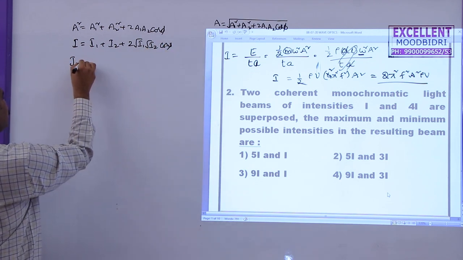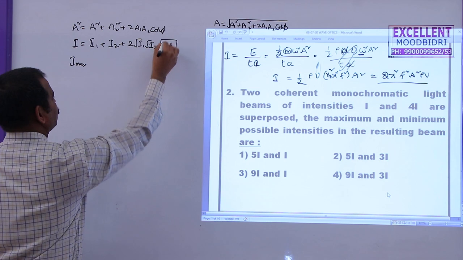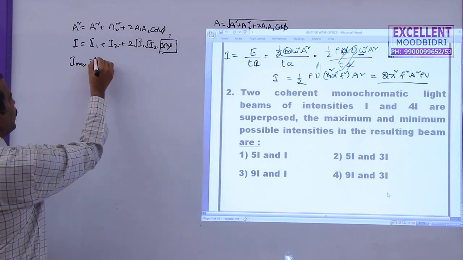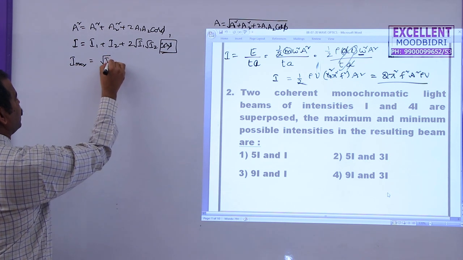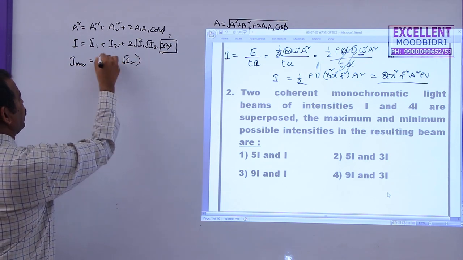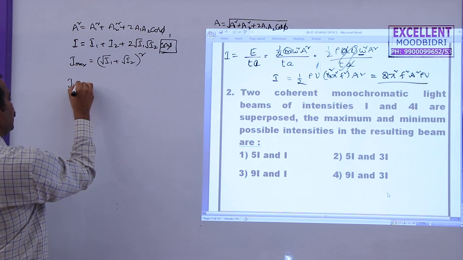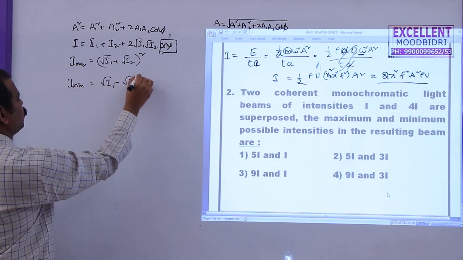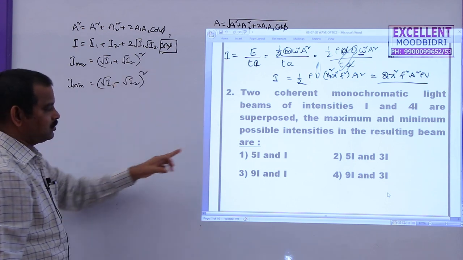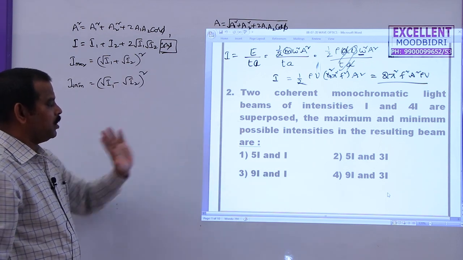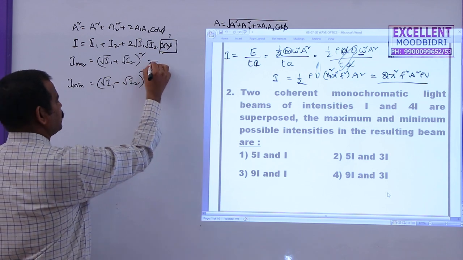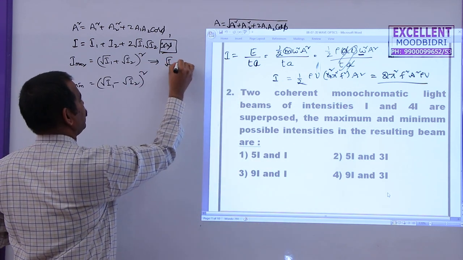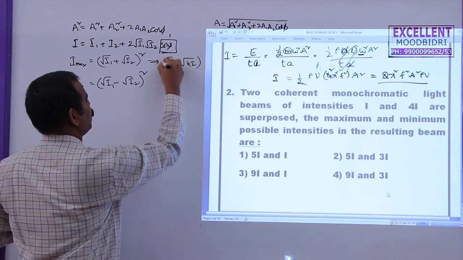If intensity is maximum, cos phi should become 1, means phi should be 0. So this will become I1 plus I2 plus 2 root I1 root I2, which can be written as root I1 plus root I2 whole square. So similarly, minimum value will be root I1 minus root I2 whole square. They are asking the maximum and minimum possible intensities. The maximum possible intensity in this problem, with I and 4I, will become root I plus root 4I whole square,